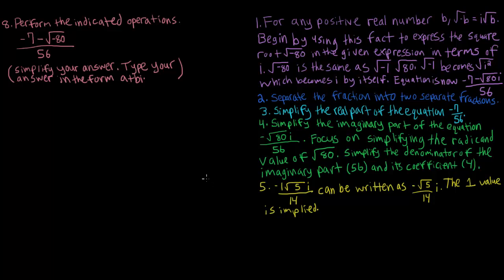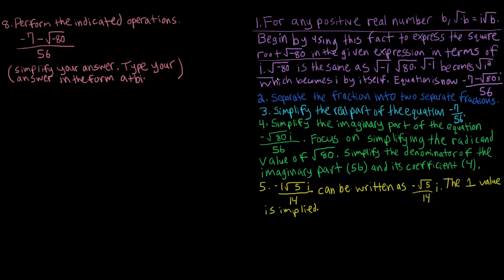Perform the indicated operations: -7 minus the square root of -80 over 56. Simplify your answer. Type your answer in the form a plus bi. So the first thing we want to know is, for any positive real number b, the square root of -b is equal to i times the square root of b. Begin by using this fact to express the square root of -80 in the given expression in terms